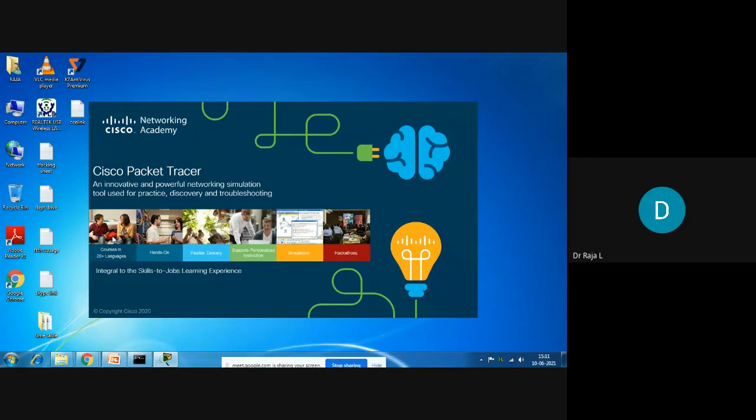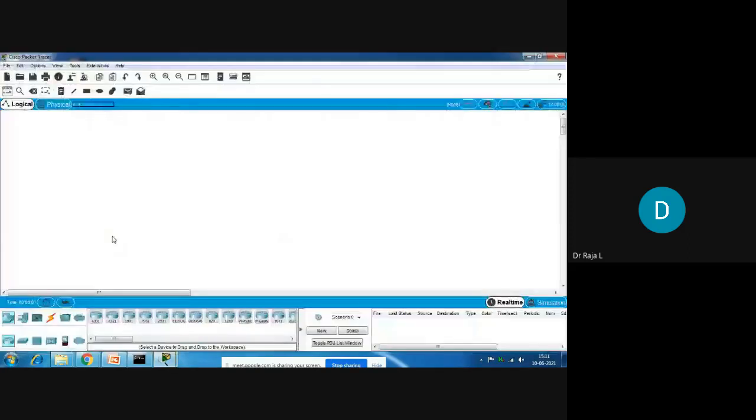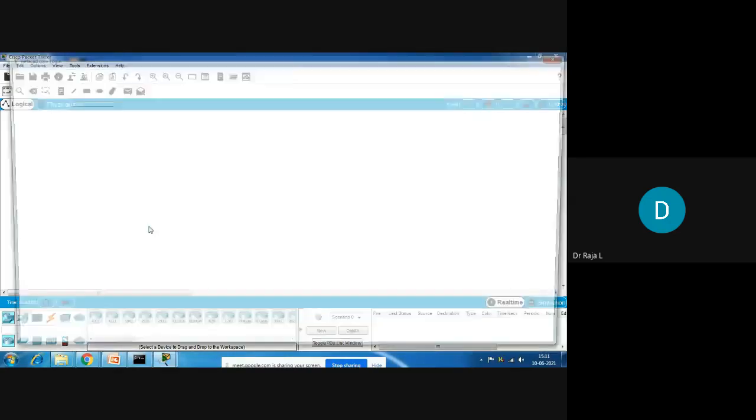The Packet Tracer file will be opening. There seems to be some buffering. First this will come. I have some problem, that's why another window opens.